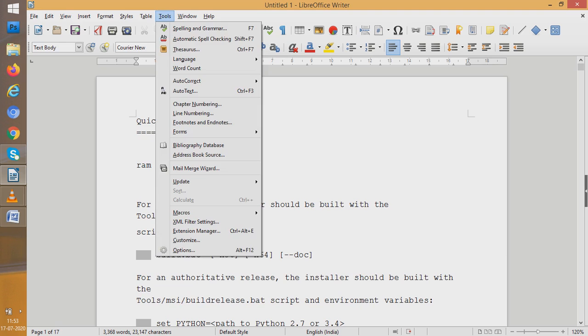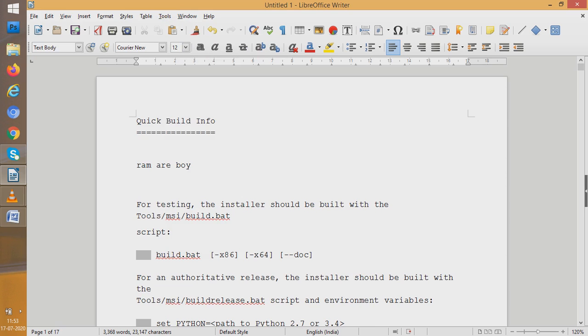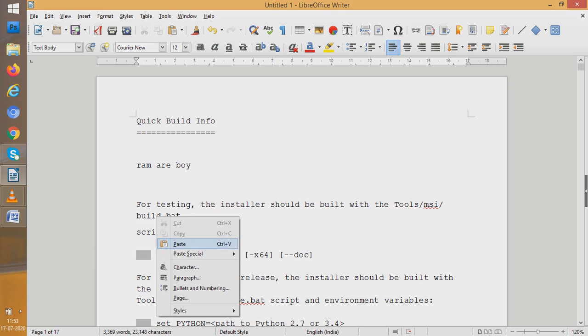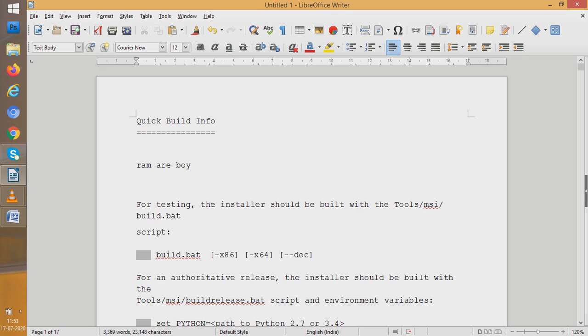Now what will happen? If you now automatically check the spelling, what is it showing? But let us see. Build.bat. Now build.bat here, as it is a single term, is not shown as a mistake.